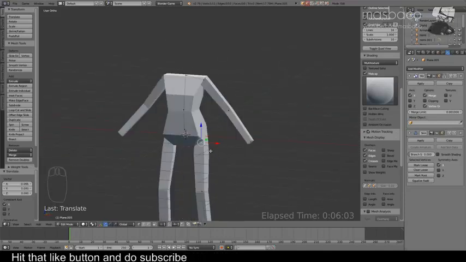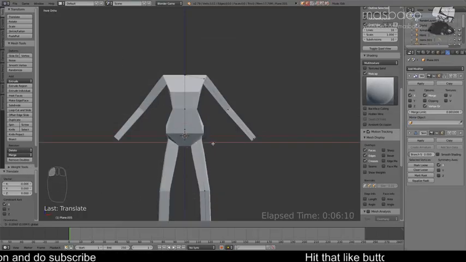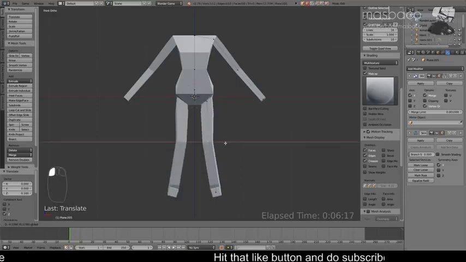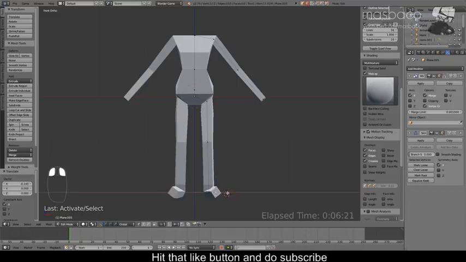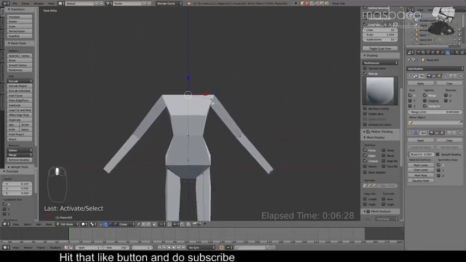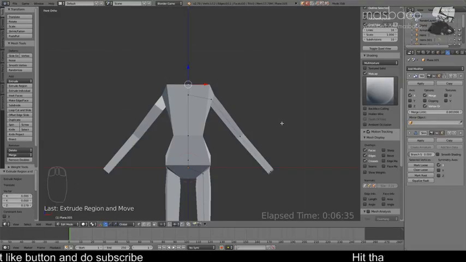Okay, next we're going to create the head for this character by pressing 1, go to the front view. But first let me fix this real quick. Oops. Okay, now for the head, we're going to select this upper vertex here, hit E to make an extrude, and Z to lock that on the Z axis, something like so, a little bit,